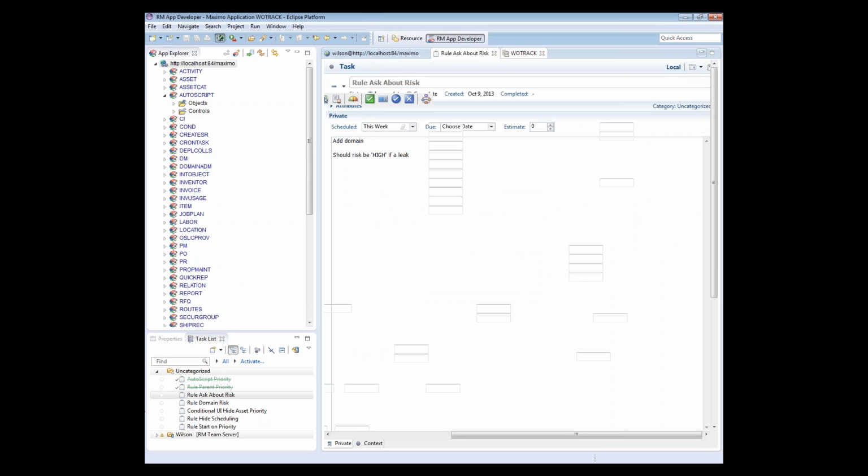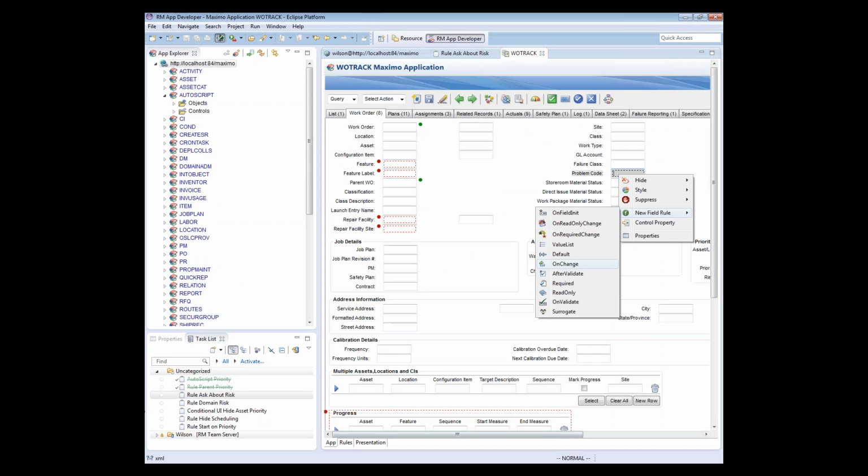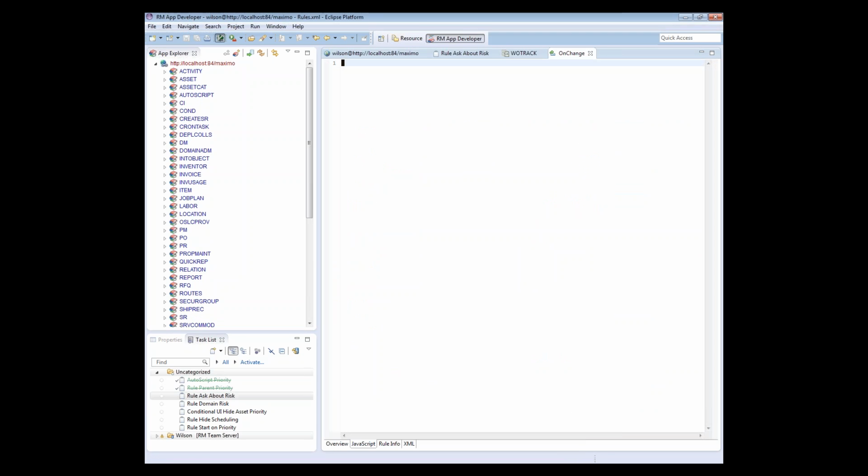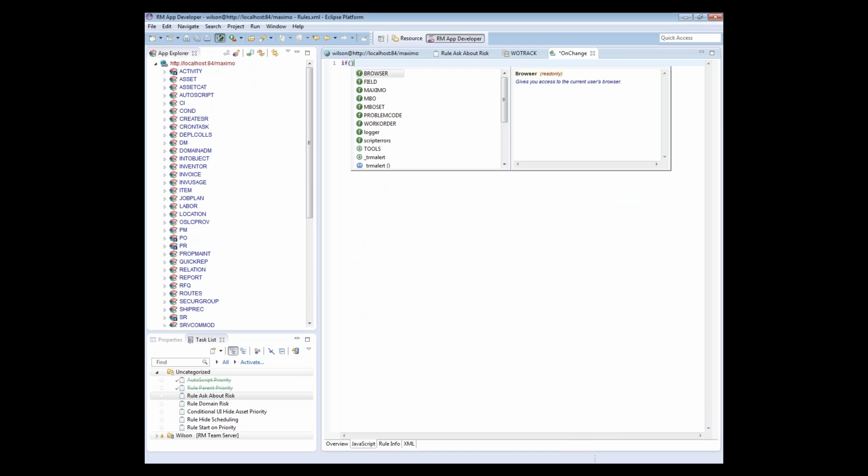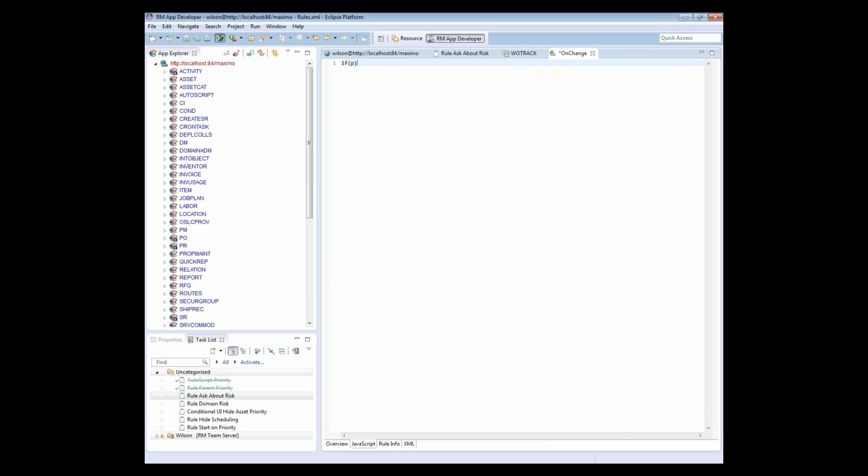As it shows up now, I can go ahead and edit my on change. And I'm going to start writing my rule. This basically says if, hit Control Space, get my content as if, I'll notice that I'm given the problem code that I'm changing. If my problem code equals leak